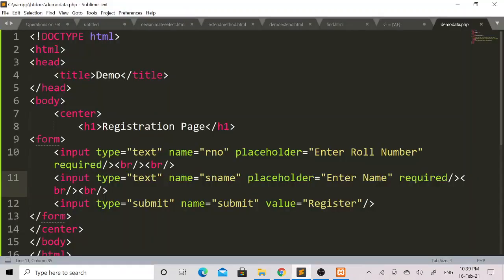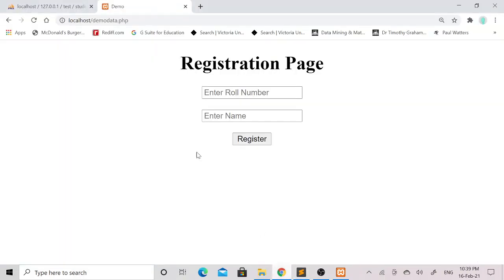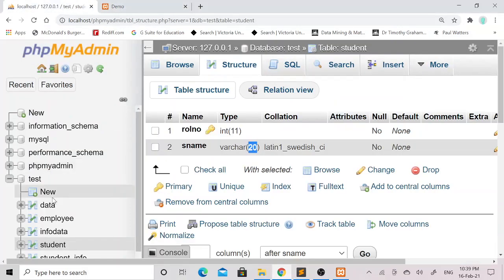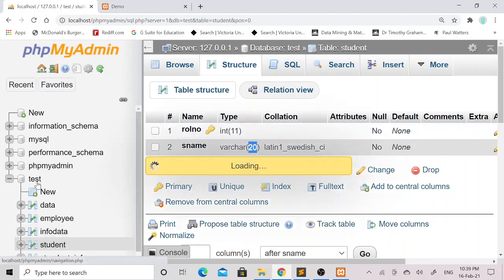Now I will first execute an insert query in PHP to store the roll number and student name into the student table that I have created in the test database.